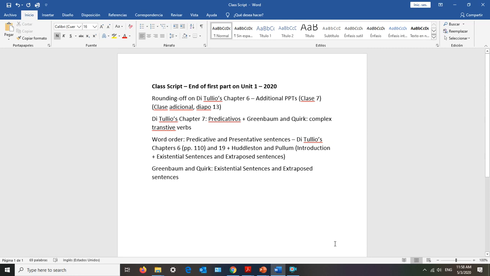So I would like to highlight some notions that are present in different sections in the different sources that we're asking you to read, so as for you to have this general panorama of what is important,